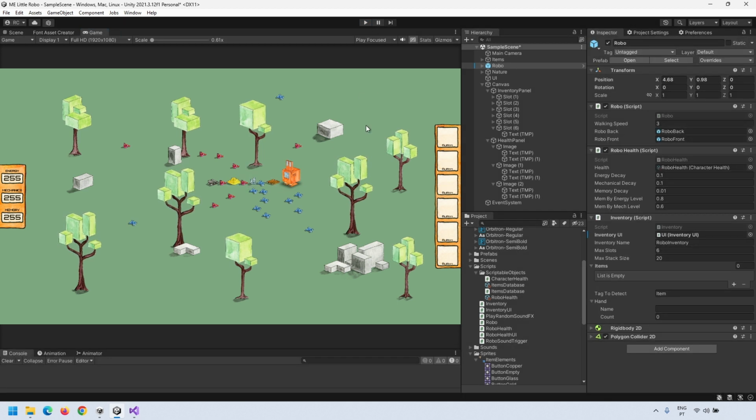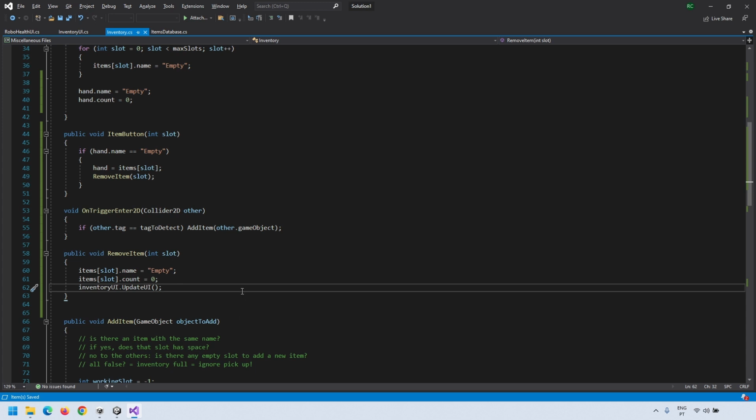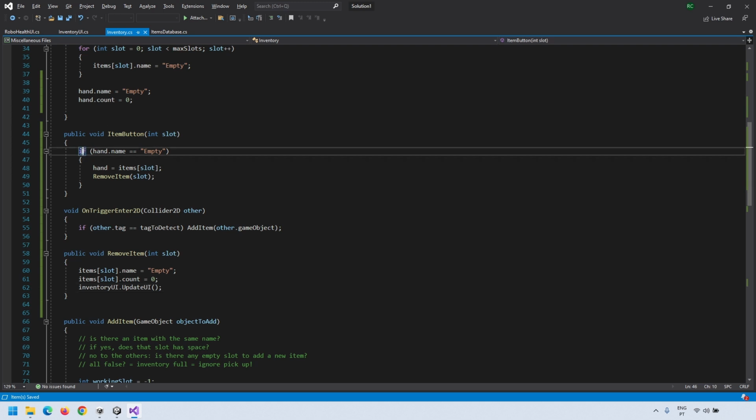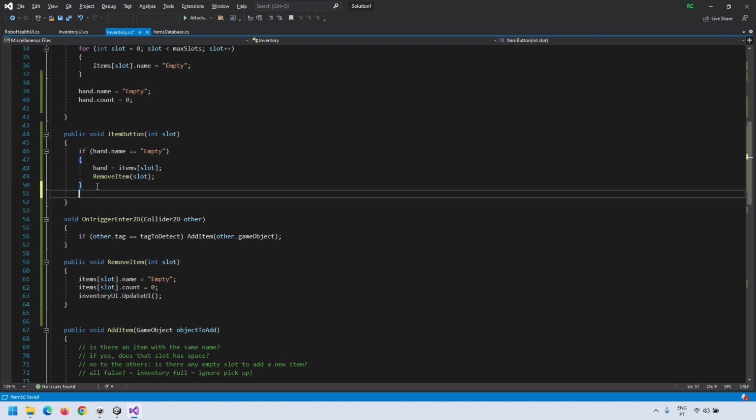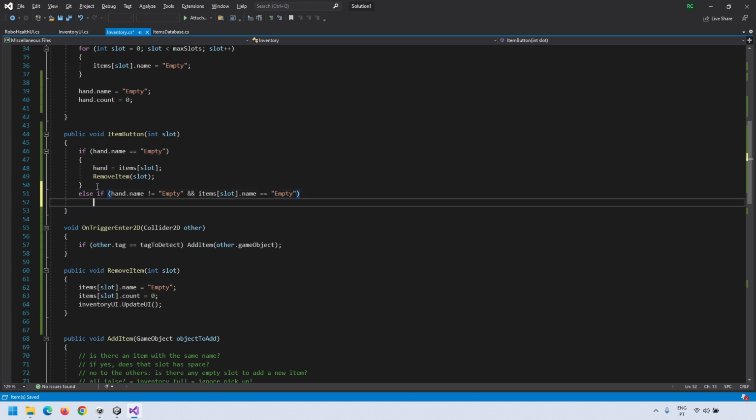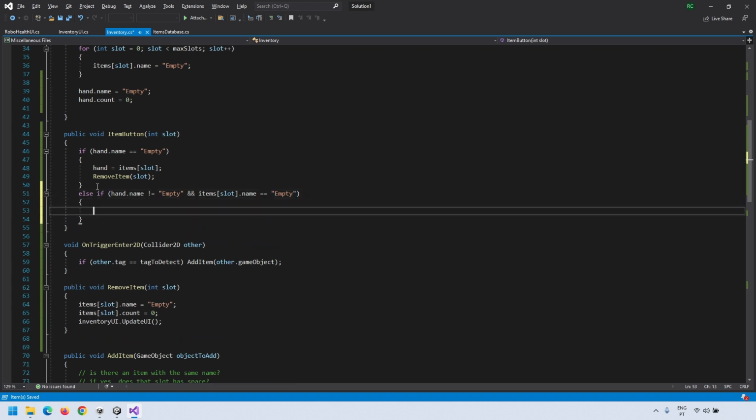So now we need to do the opposite. We have something in our hand and we need to put it back in the inventory. Stop the play and return to the script. Let's then add a condition where the hand is not empty. If hand is empty, pick up the thing, but else if hand.name is not equal to empty and items[slot].name is equal to empty, because we don't want to drop the thing inside an unused slot,